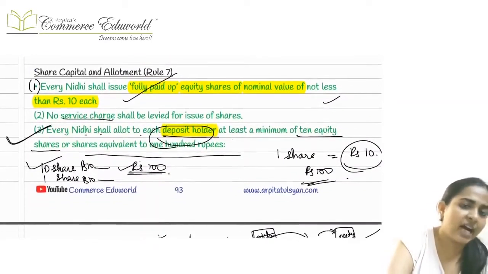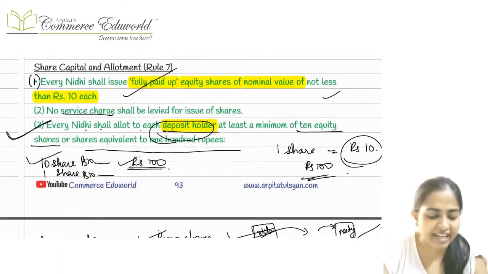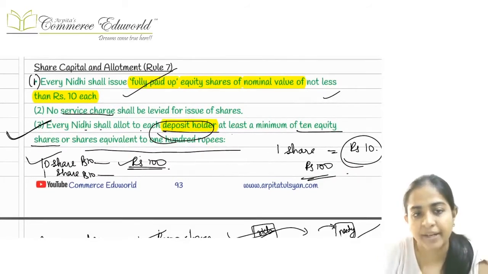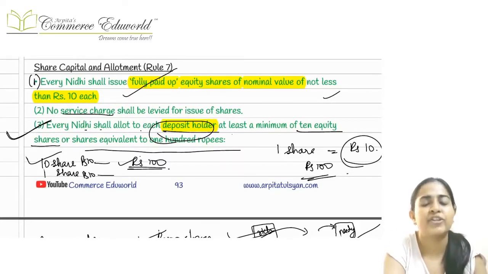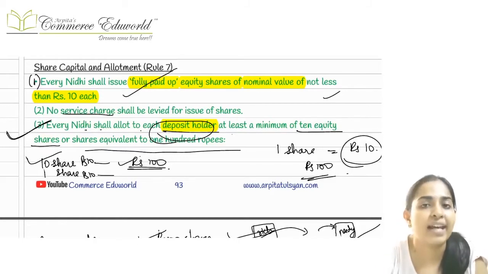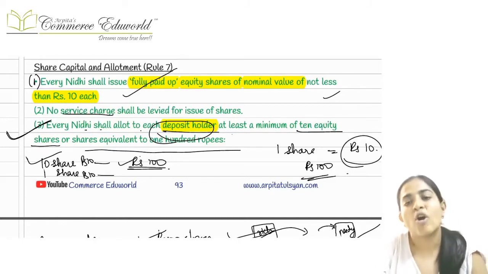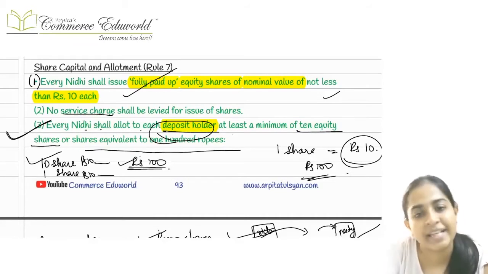Right? Then another thing here is about the share capital. Generally they are telling that whenever a Nidhi company issues shares, right, we had just studied, it should have a paid up share capital of at least 5 lakhs, etc. Then its share face value should be of at least rupees 10. Okay, one share should be of at least rupees 10.